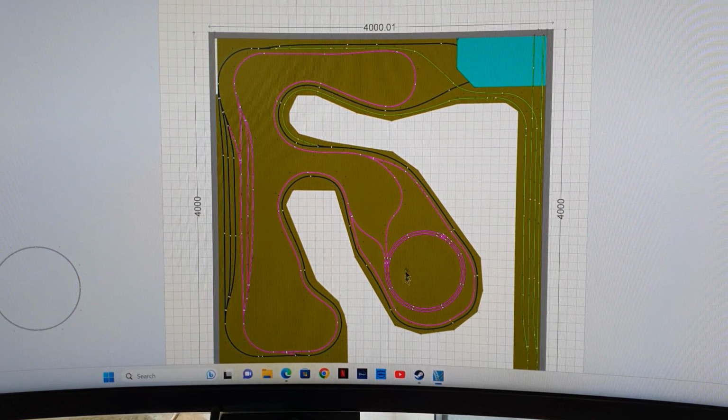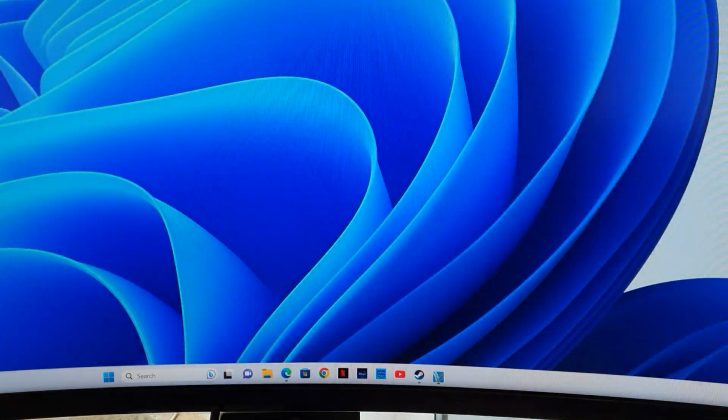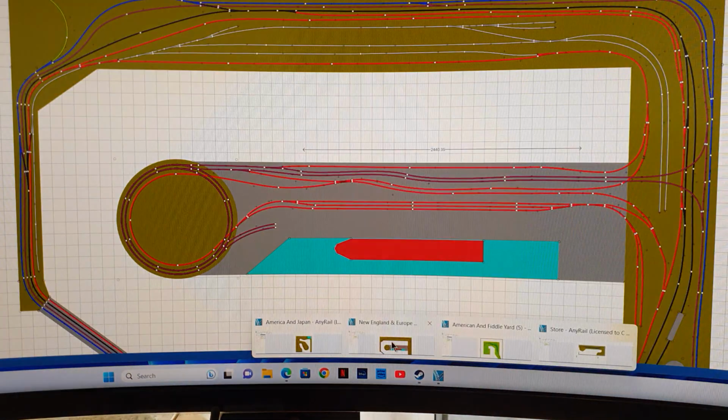Like I said, that's the helix to go up to America. So that's how I've changed the American and Fiddle Yard one. America's still in here, but as you notice now, Japan has its own board, whole room, and Japan is going to be winter. It's going to have snow. America is going to be a season of autumn. So that's that one. And if I go now to England,